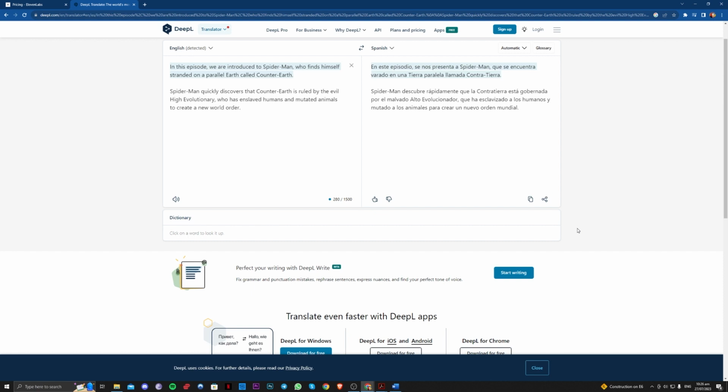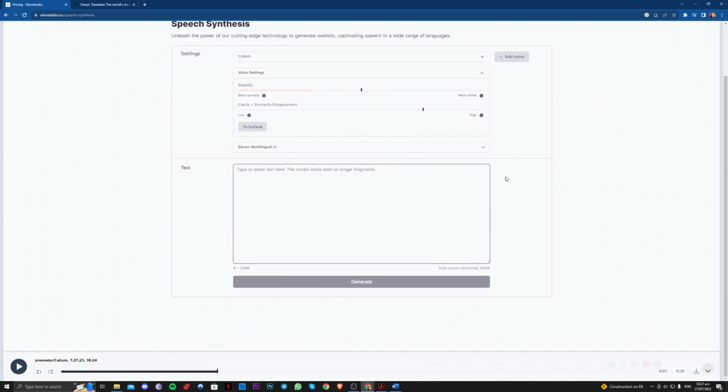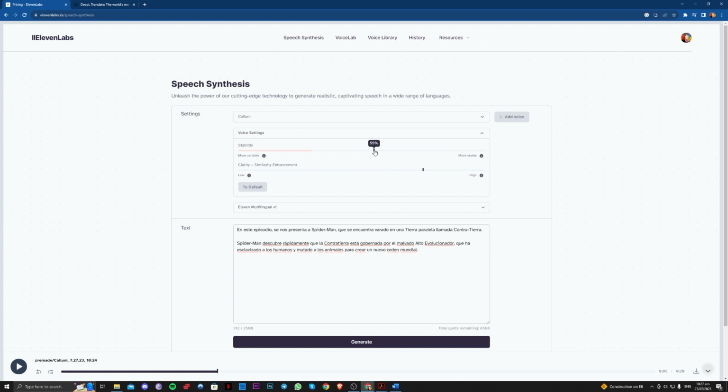And for example, you want to go ahead and use it for a YouTube video and for text to video, for example. And we can use this 11 labs, which I previously shown in the last video. So here you just have to paste this here, so we can go ahead and increase the stability and the clarity as well if you want. And let's just generate this. So just wait for this to finish.